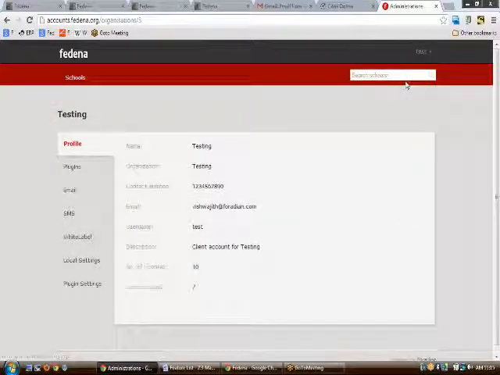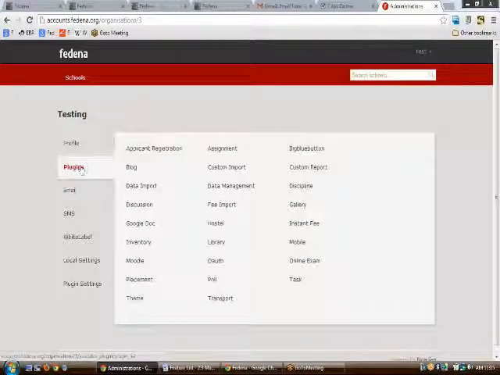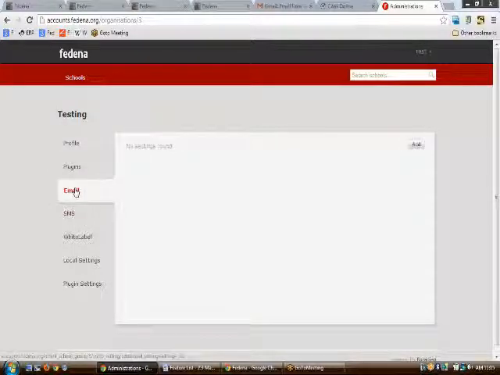Now let us know how the company settings are to be done. So when you click on the profile tab, you will come across this, as the settings are already done in user profile. Then we have something called the plugins here. These are the plugins that the client would be having, and then the email settings if you need to do.